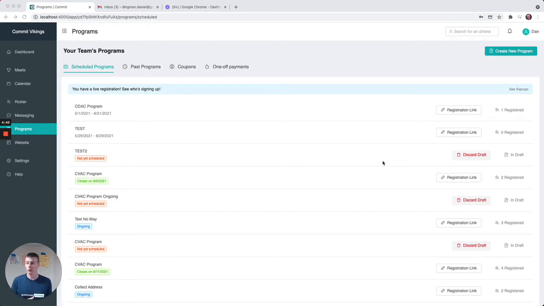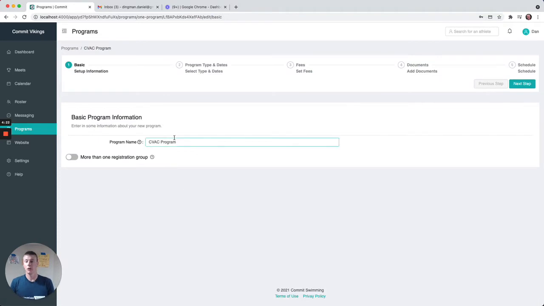And there are groups in a program. This is basically a way to specify different seasons to sign up for, different programs to sign up for, or different groups of billing that parents can sign up for. A program encompasses any and all of those things. It's pretty flexible. So if we go here and create a new program, the first thing you're going to do is